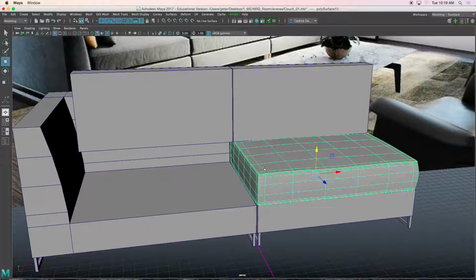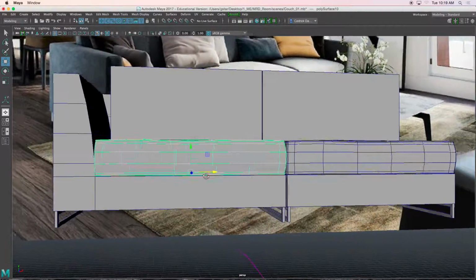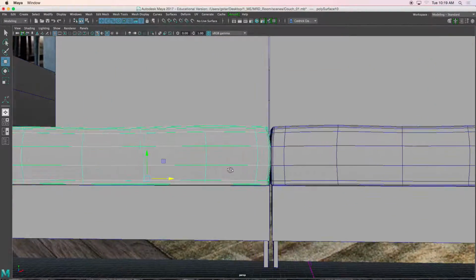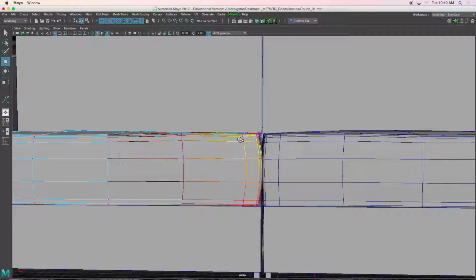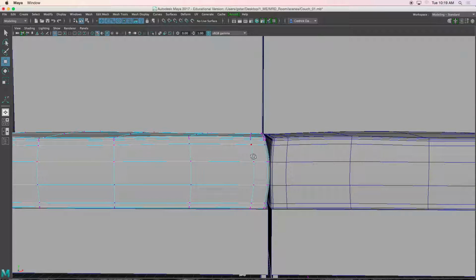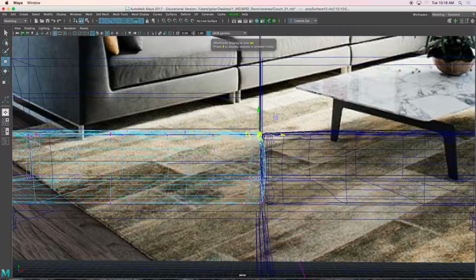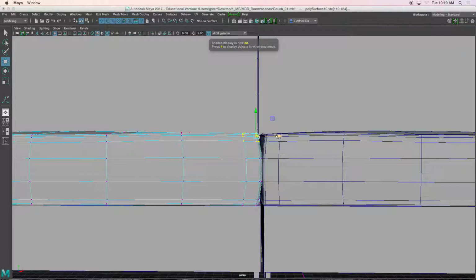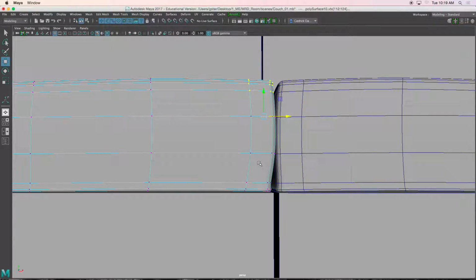Select this guy, Control D, move him over to the left, and start to square some things out where the edges meet. So let's go vertex. To turn off the soft selection, we press B. Press 4, highlight that section, press 5 again, move it over a little bit so they're kind of touching there, press 4, and